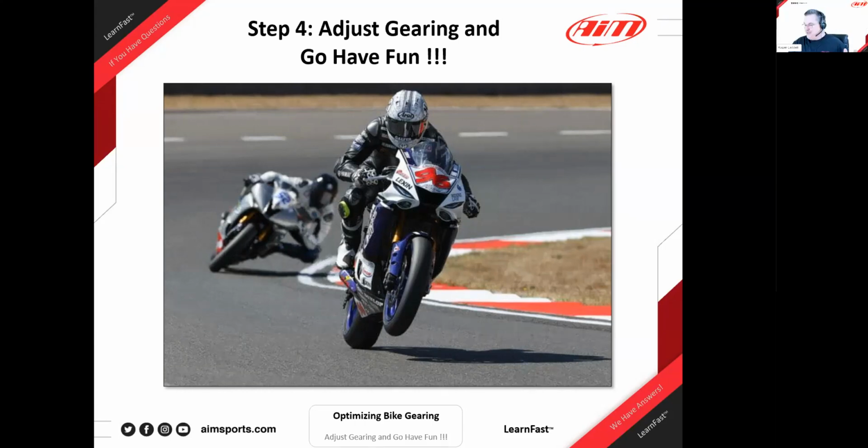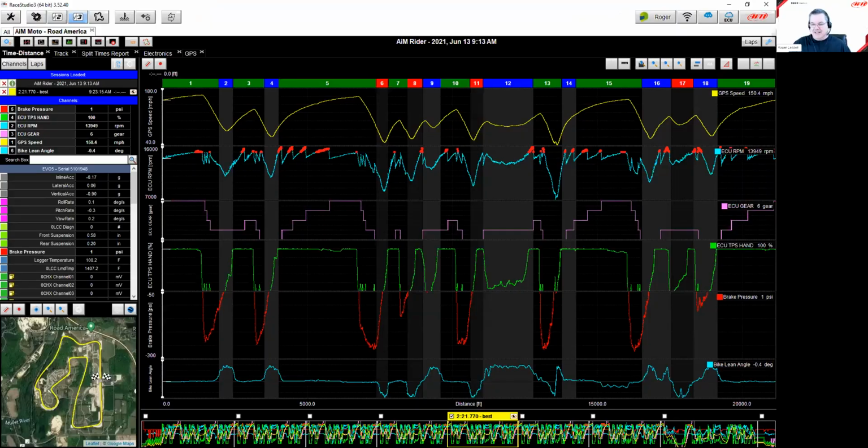Okay, let's bring up Race Studio 3 real quickly and go over a few things. We've got about 10 minutes of scanning through just a little bit of this. I think we chatted about 3 or 4 things that I wanted to cover real quickly, and one of them was this braking sensor data here, where we have it inverted, where it's dropping down and being virtually connected to the throttle position. And the way that we do that, there's 2 or 3 ways, but the way that I tend to do it is